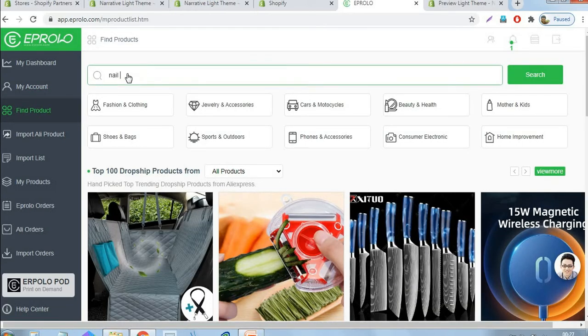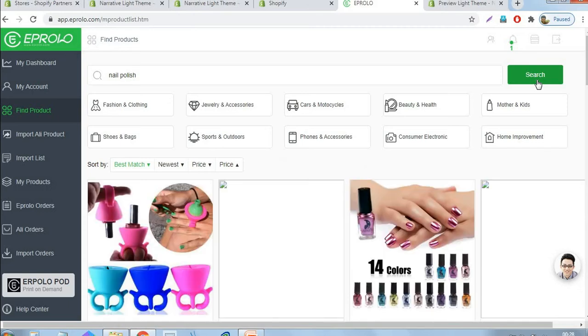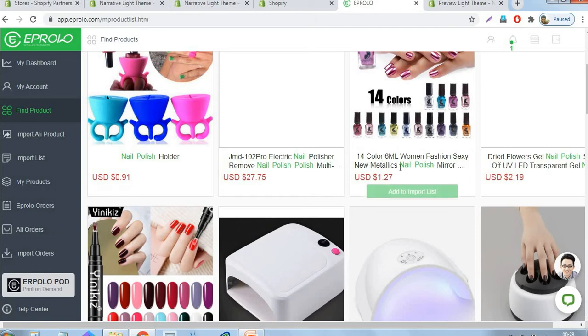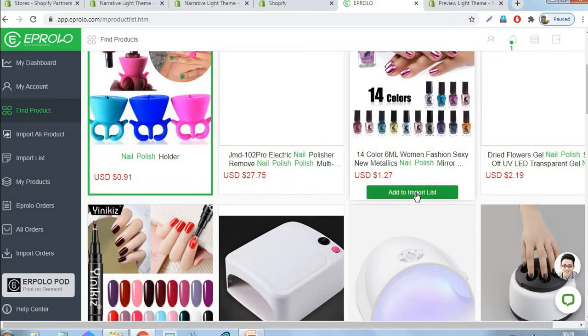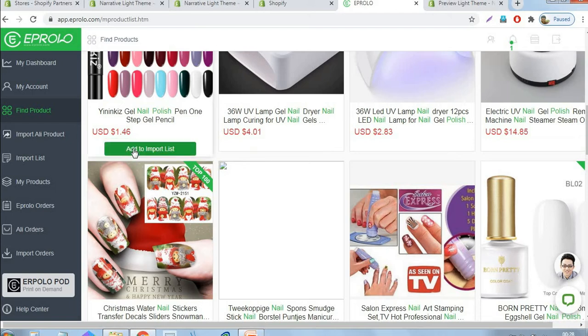Here you put nail polish. Okay, then just hit the search. You can see a lot of nail polish brands are showing now. In this store I am adding only 10 products. You can add multiple products for your categories. Okay, so just this one, this one, and this one,